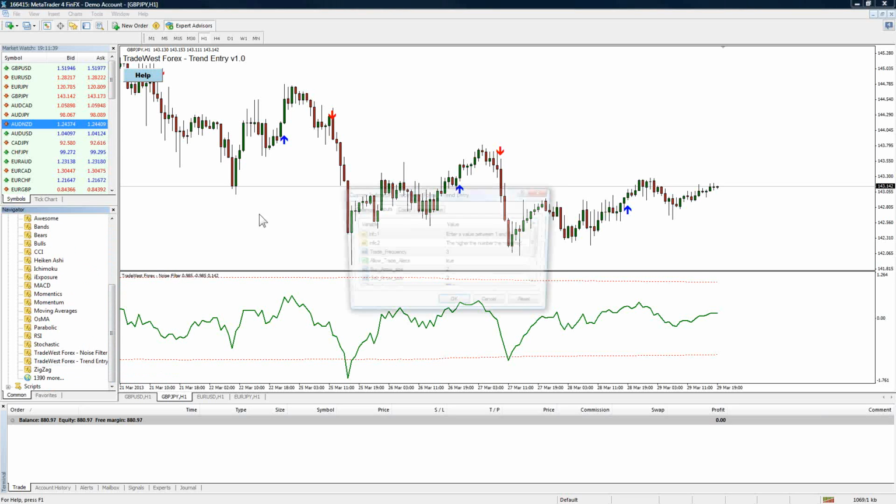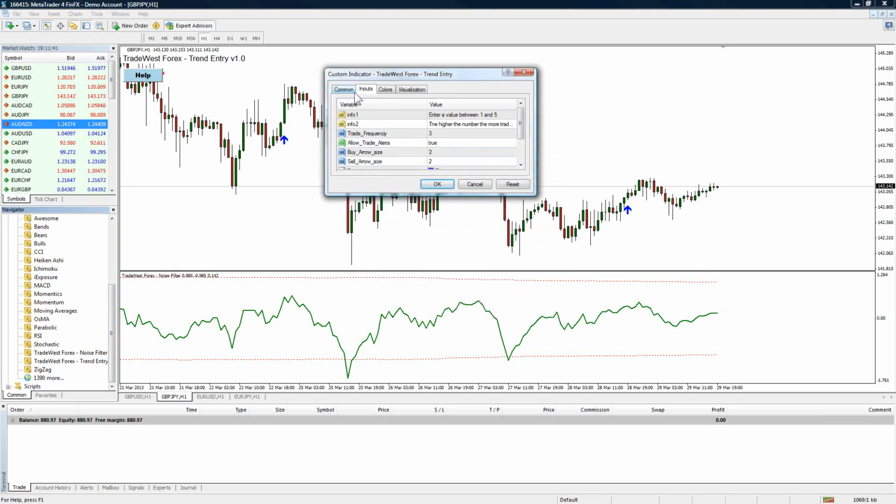This is another way to do it. Drag and drop it again. It goes directly to inputs. So I've already got one at a 5 frequency. I'm going to now put one in there at a 3 frequency. But to be able to differentiate them, I want a larger arrow. So I'm going to put in a size 3 arrow.